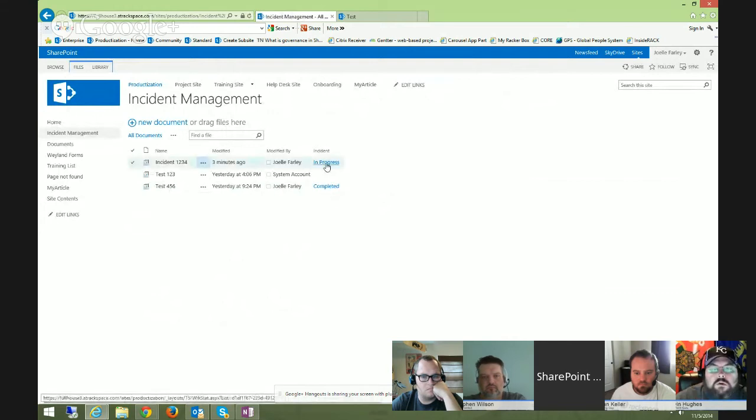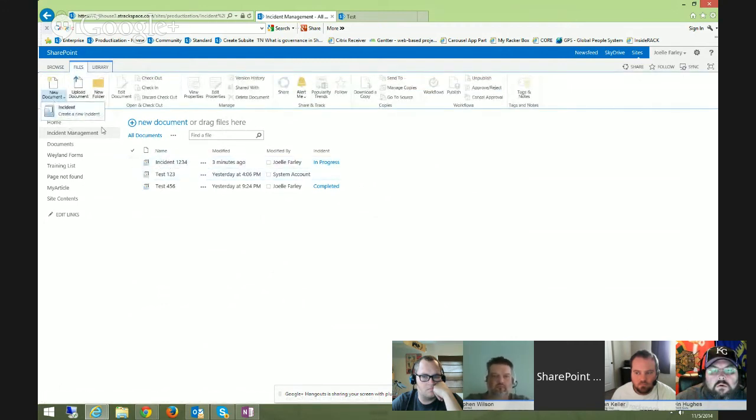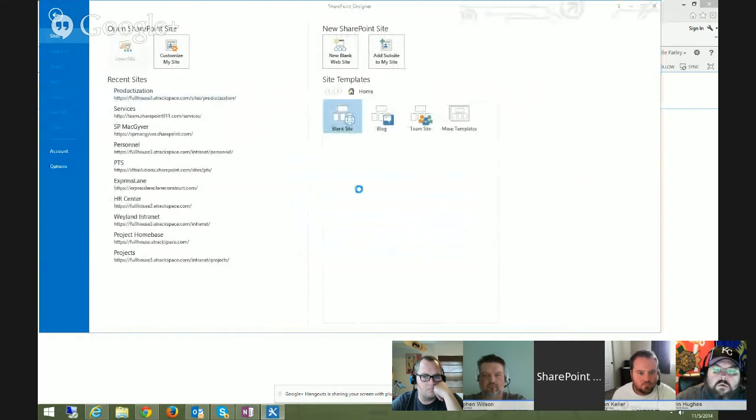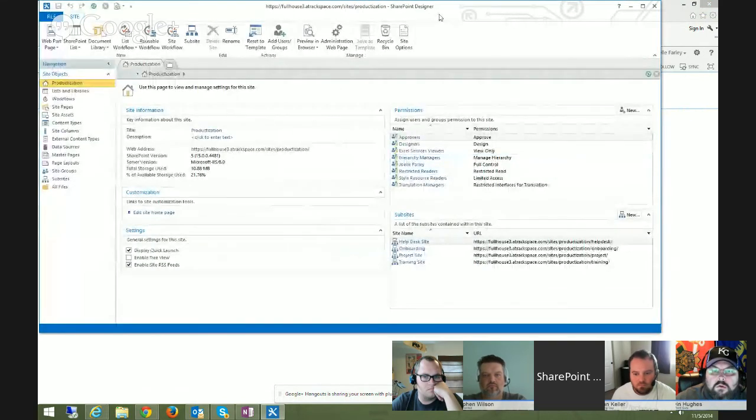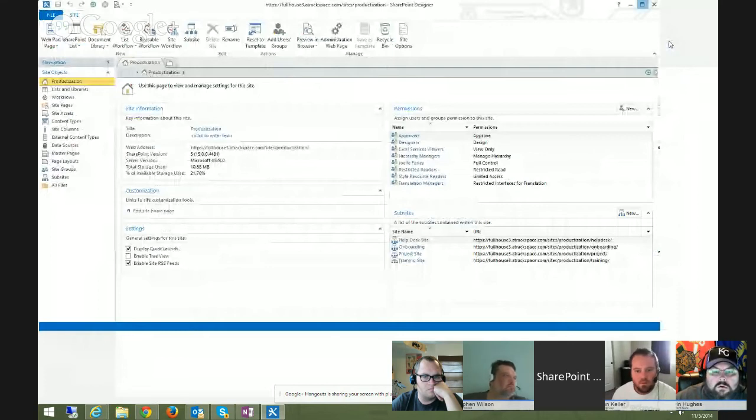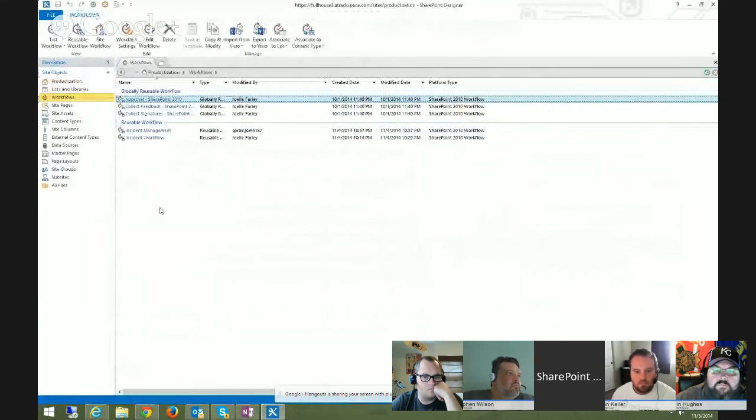Now, I had already added a workflow to this one when I was kind of messing around with it. So that one's in progress right now. But if I want to associate a workflow to this specific content type, so this new custom incident document set, then I can open up SharePoint Designer and open up my site. And as of right now, the easiest thing to do, you can see I have a couple of things here that I was messing around with, but if I want to associate a workflow just with that new document set, that incident document set, the best thing to do is create